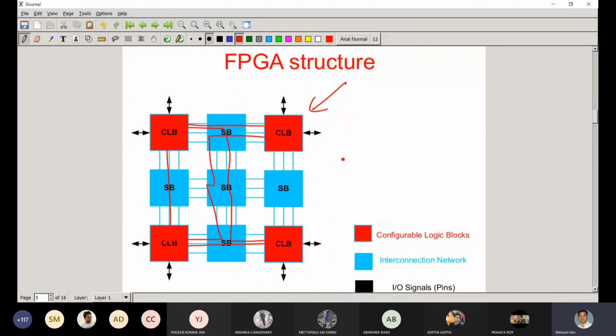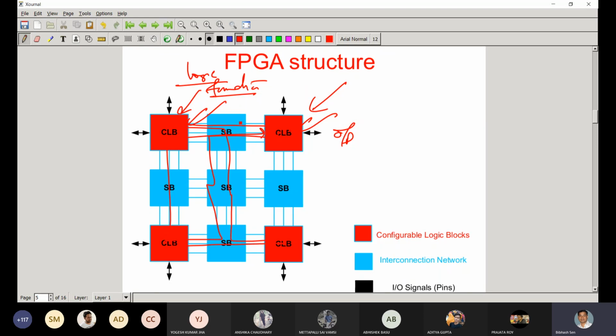So you can configure the CLBs for the logic function, and that will be driven to the next, because the input of a CLB depends on the output of another CLB. So the SB also plays a very important role